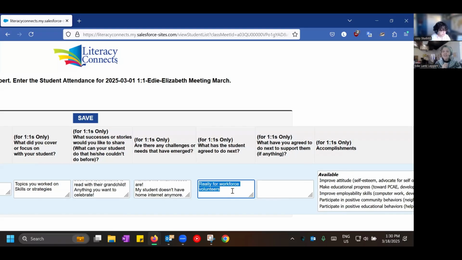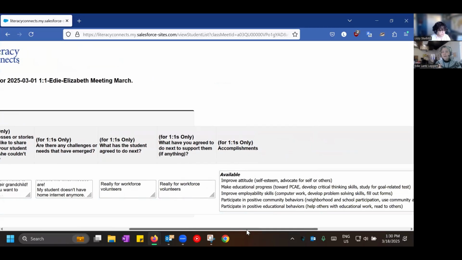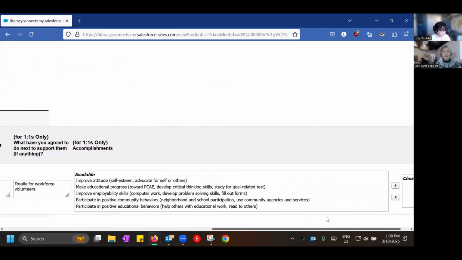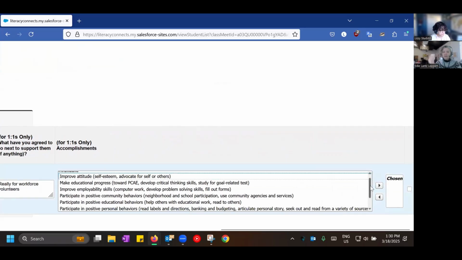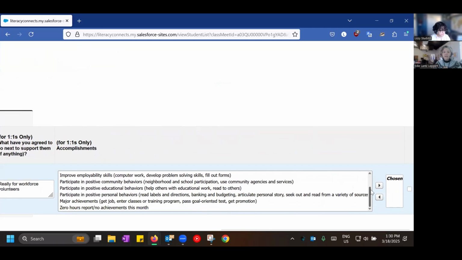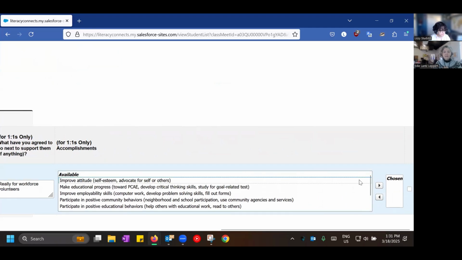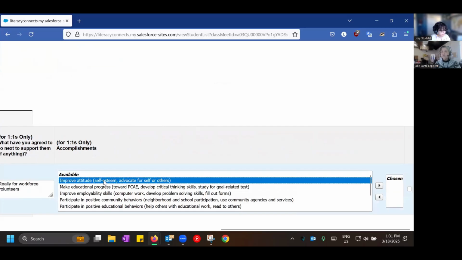This is another one that should seem familiar from the old log as well, if you've used that. This section called accomplishments. And this is a long list. So you can see there's a scroll bar there. You can scroll down. And you can choose as many of these as are true for this month.